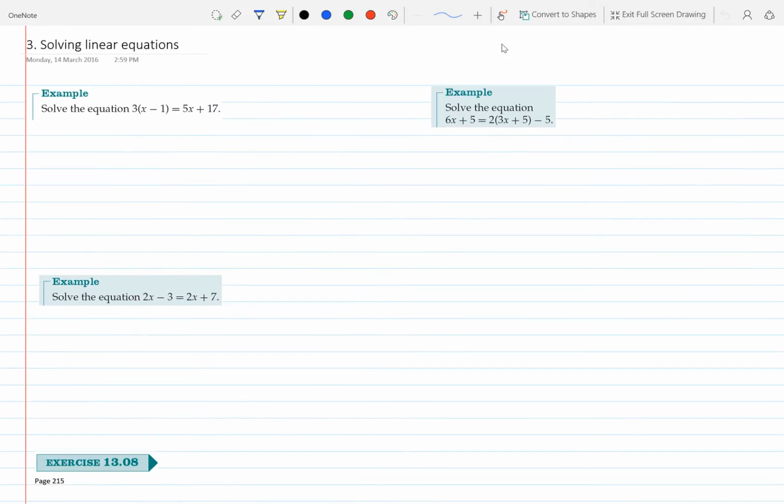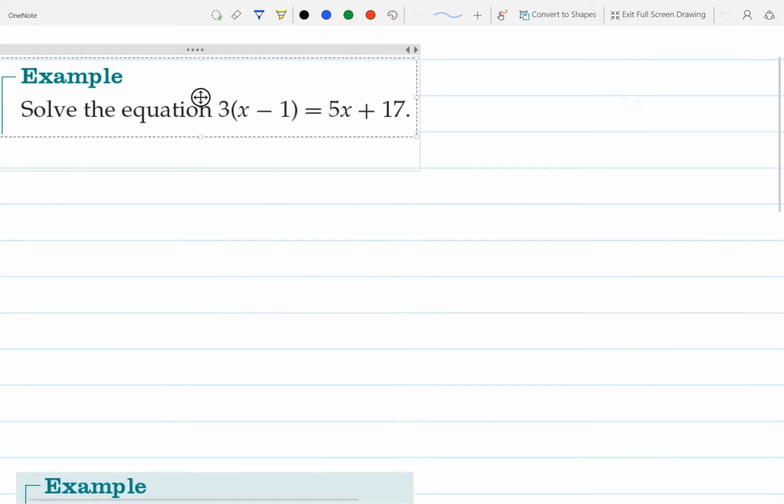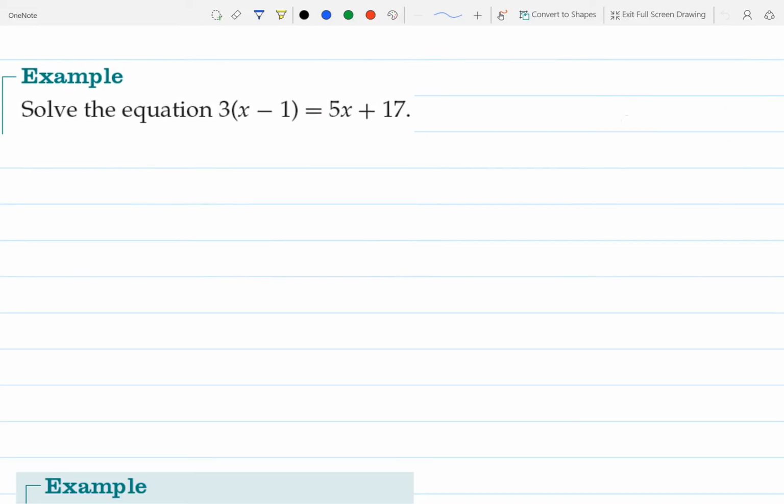Hi everyone, in this video we're going to look at solving linear equations, and this first example that we're looking at is very straightforward. It's something that you should have been able to do pretty much from year 9 or 10. So we start by expanding our brackets here, which gives us 3x minus 3 equals 5x plus 17, and